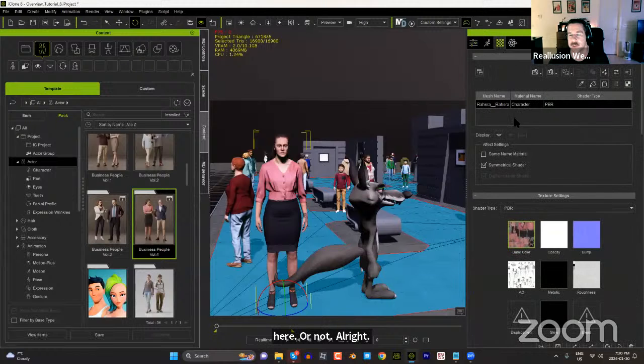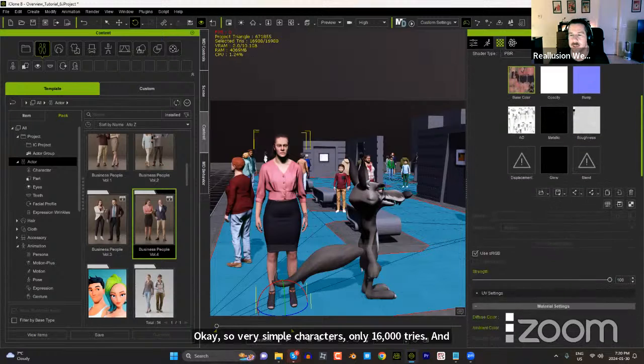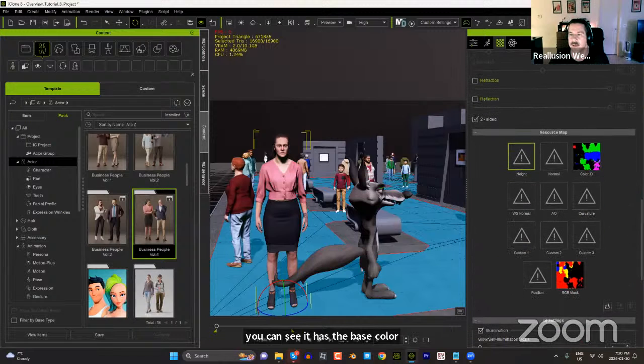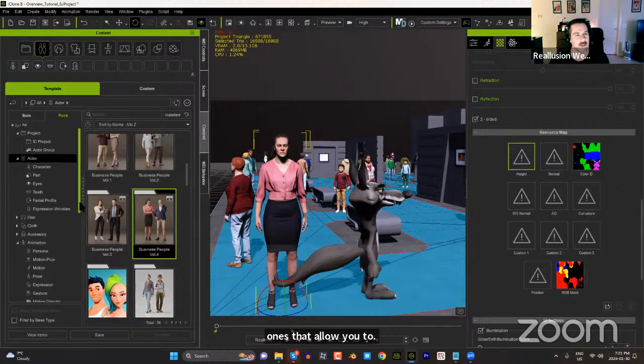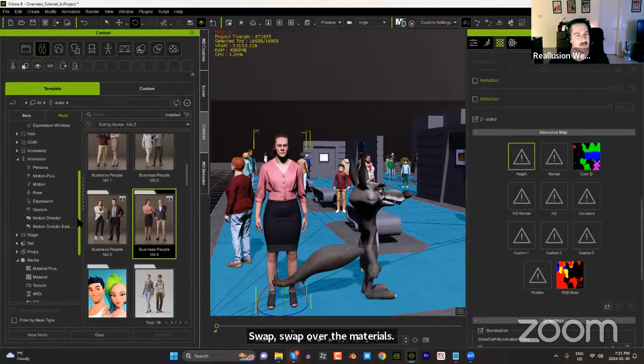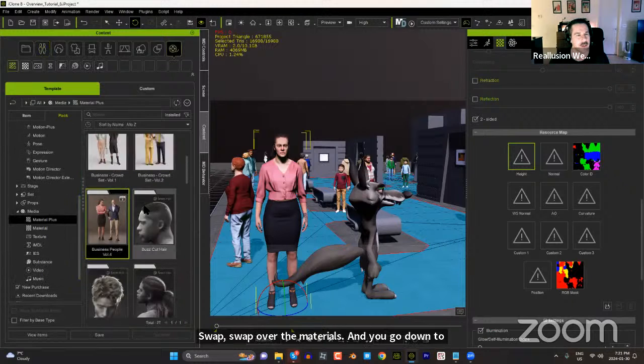Oh yeah, your materials are over here. So you can see the material, it's only one mesh. Very simple characters, only 16,000 tris. And you can see it has the base color mesh and the resource map. The color ID maps are the ones that allow you to swap over the materials. You go down to Motion Director, Material Plus, and you have to make sure